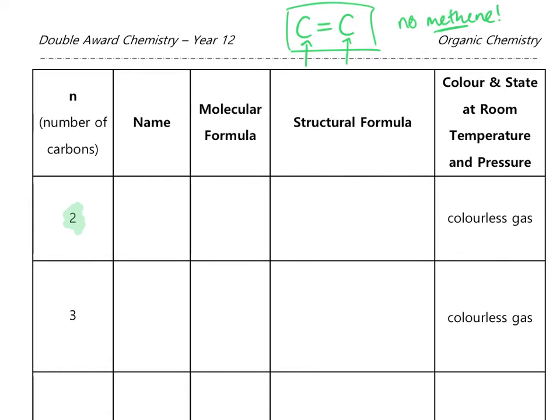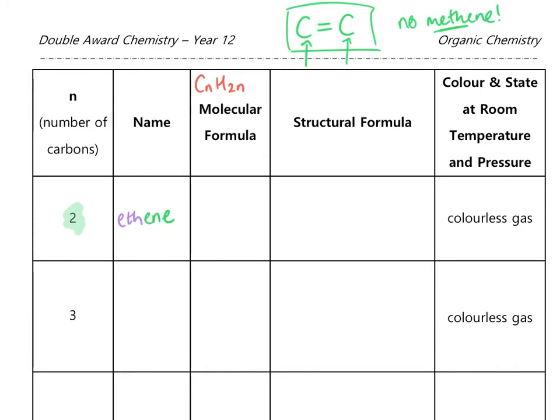So actually the first alkene in our series is ethene, because it has to have at least 2 carbons. Because there are 2 carbons in the chain, the start of the name is ETH, and because it's an alkene, the end of the name is ENE. So this molecule is called ethene. For the molecular formula, let's think of the general formula. The general formula of an alkene we've just looked at is